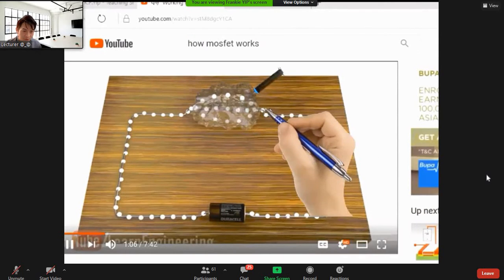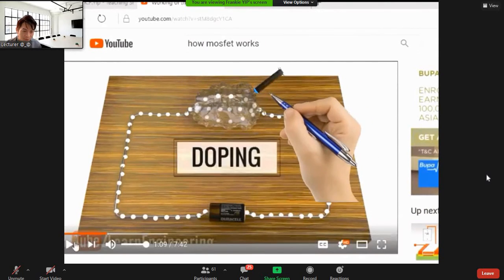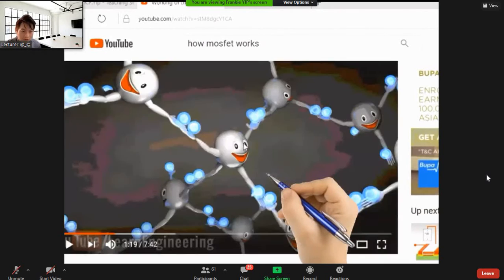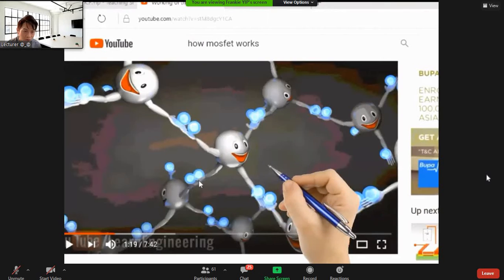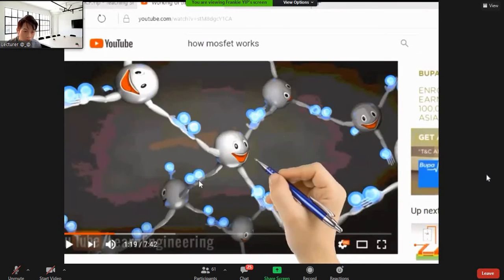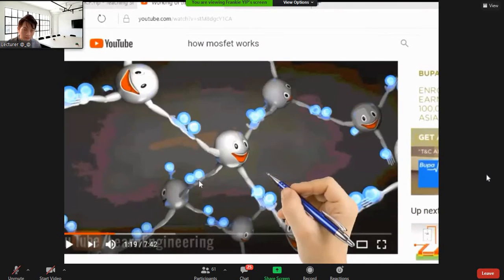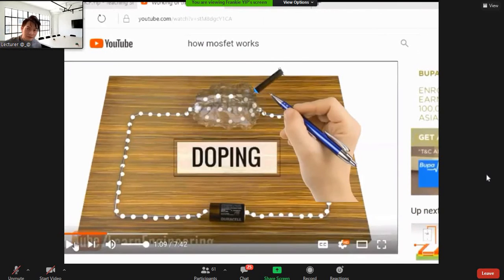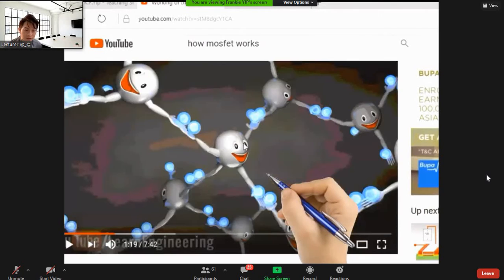In fact, if I provide the electricity to this, it can work. But what I would like to let you know is about the doping. What the doping is about. Doping means you inject something inside the silicon or the semiconductor. For example,